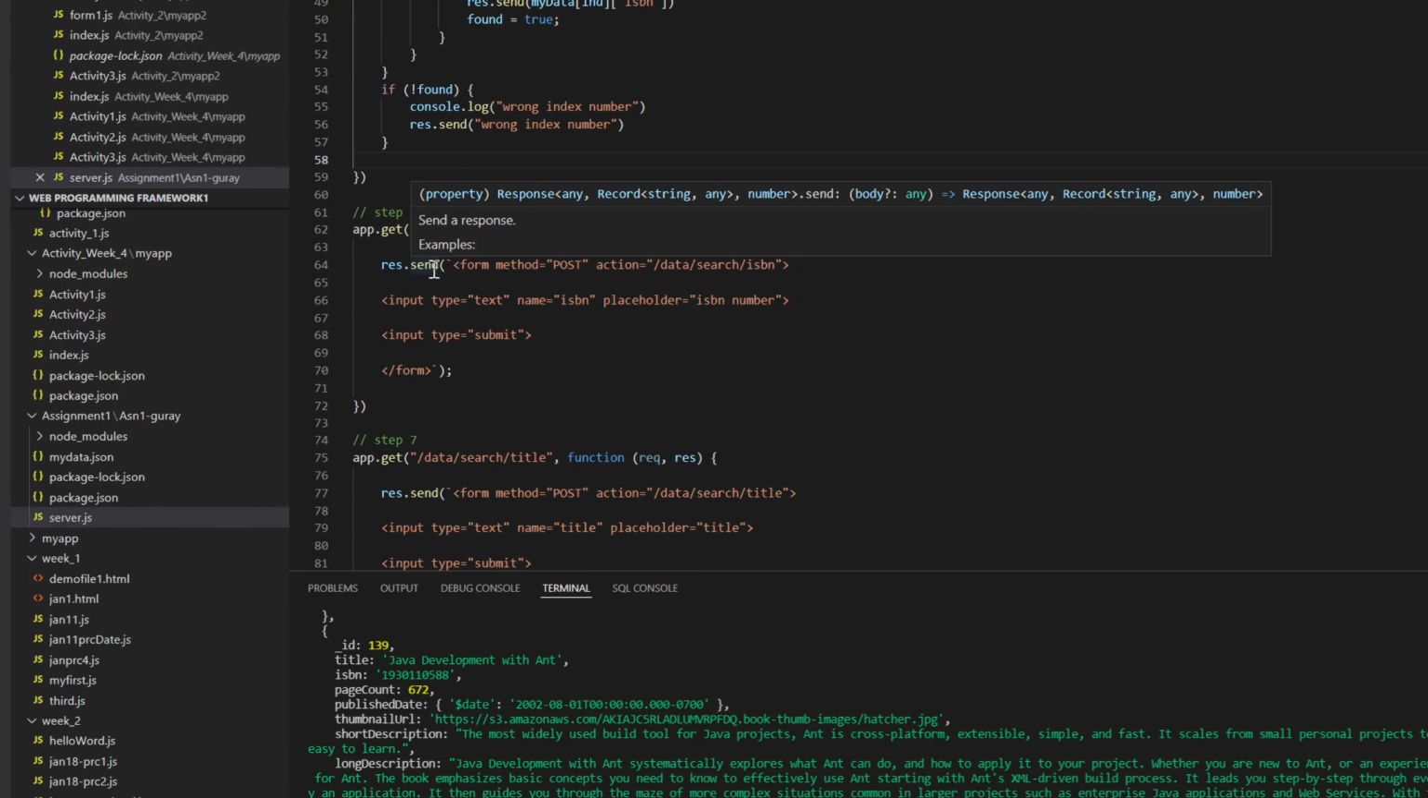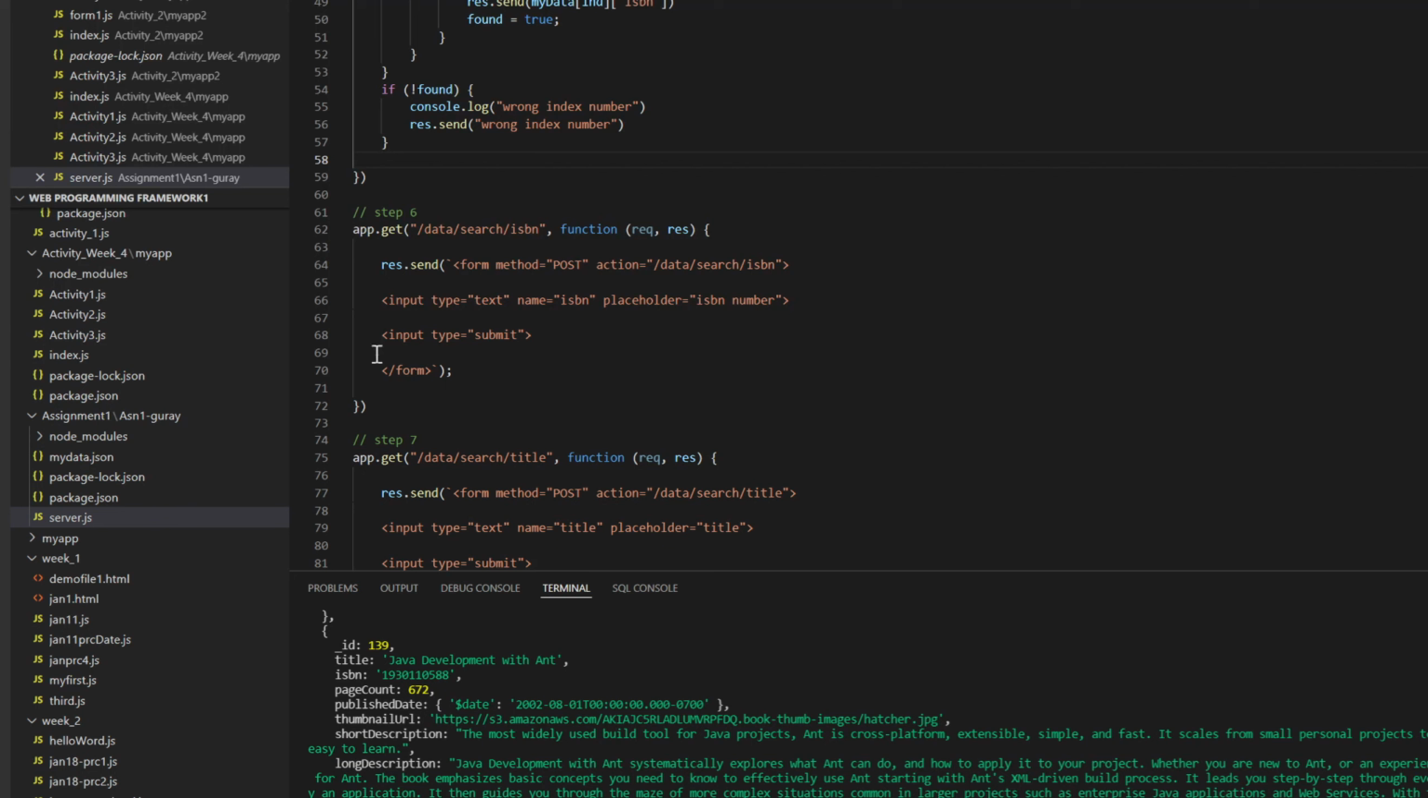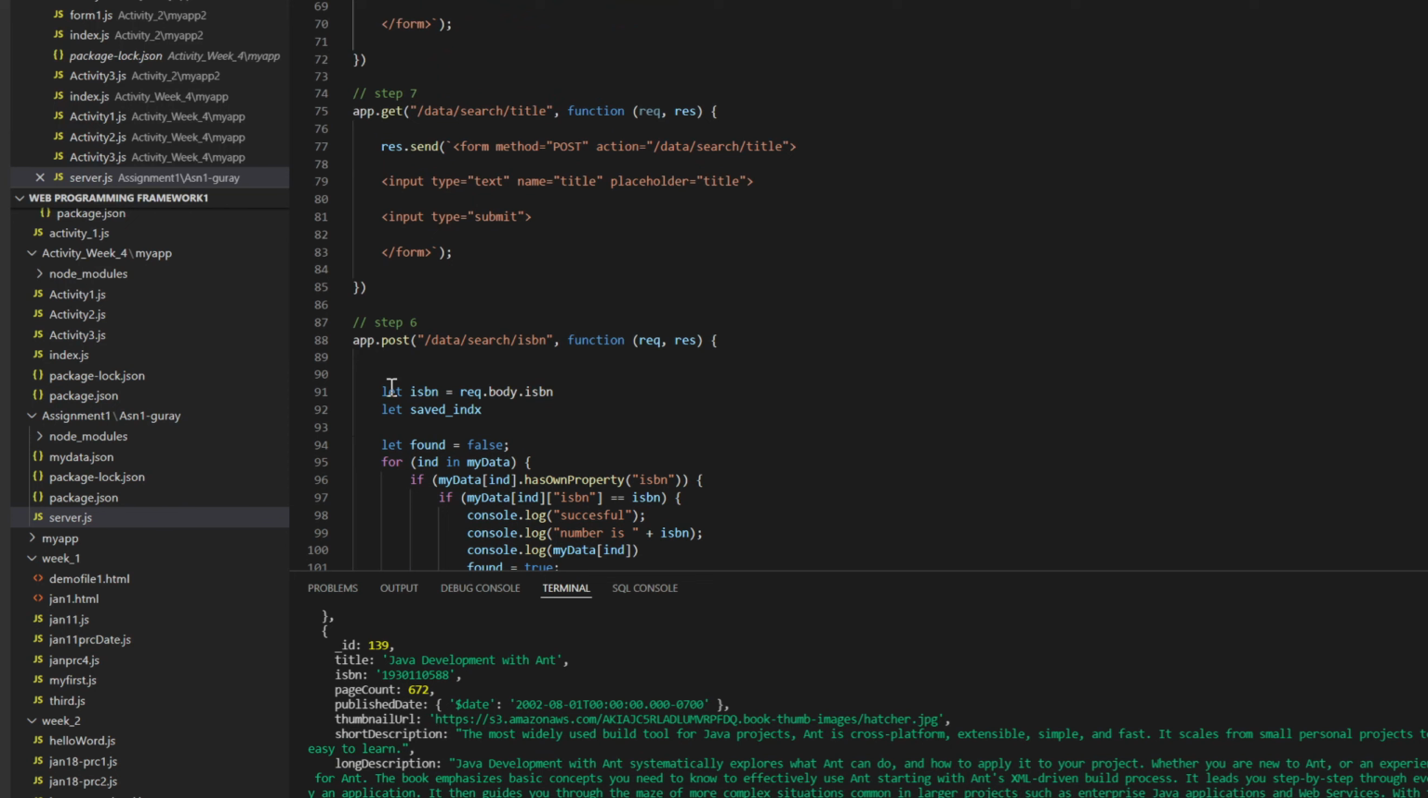And then we have a form tag, and we are using a post method, and we are calling these routes, and this is our app get, and we call the app post. We get the ISBN number. When the user clicks on the submit button, it's going to send to our app post method. So inside the app post method,